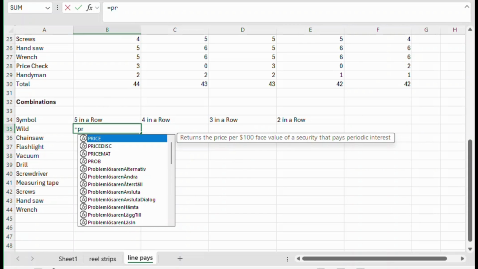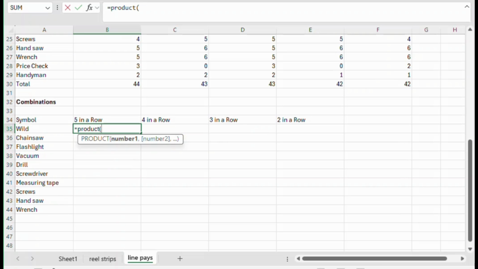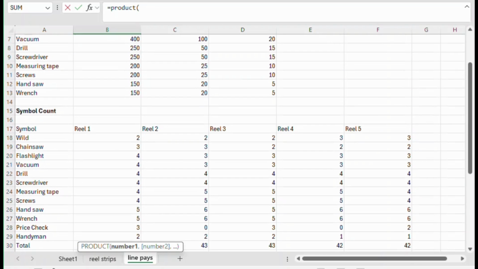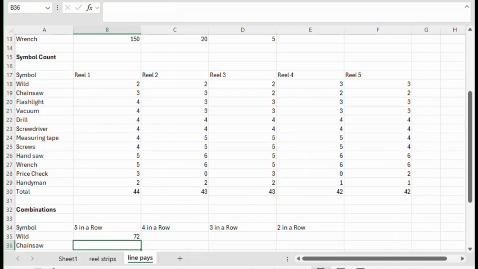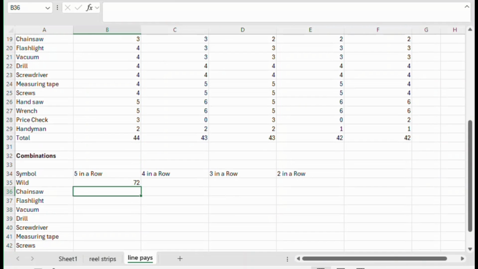That's really quite easy. That's going to be the product of the number of ways you can get a wild on all 5 reels. In other words, 2 times 2 times 2 times 3 times 3. So there are 72 ways the player might get 5 wilds. So how about 5 chainsaws? Well,